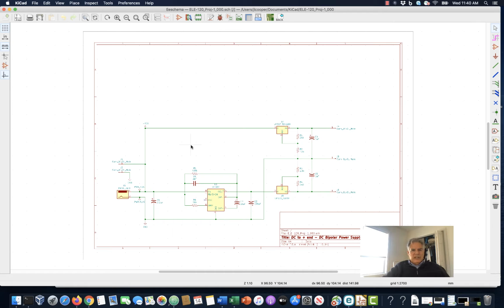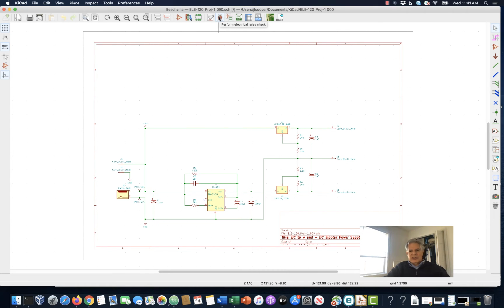Thanks to the annotation process, we also assigned footprints to all these in the process up here. There's a tool that we click on. There it is, that one right there that has a schematic symbol and a footprint in the same icon. Assign PCB footprints. So we did that, and we ran our electrical rules check,